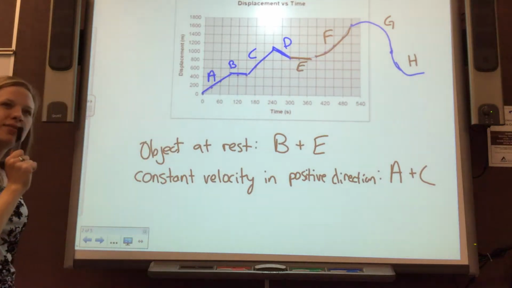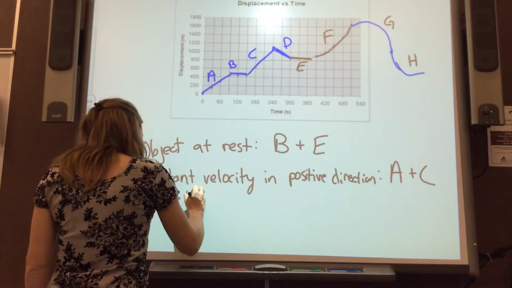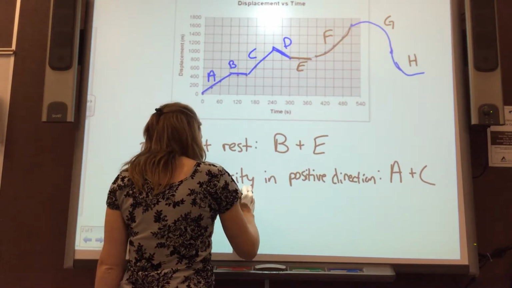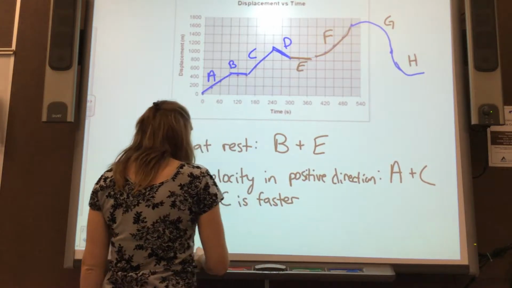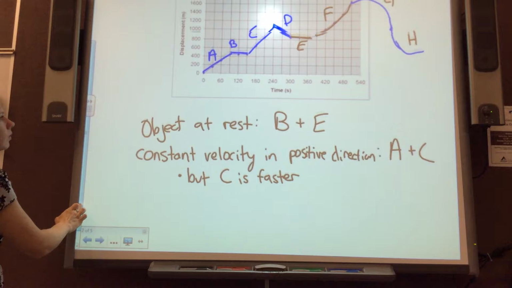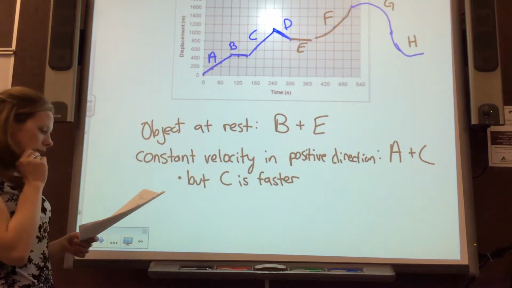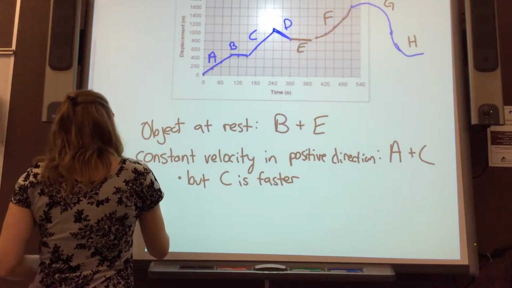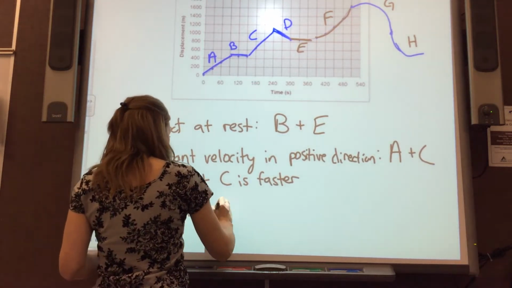For note, which one is faster though? A or C? C. Okay, let's say that. But C is faster. Okay. Which one has a constant velocity